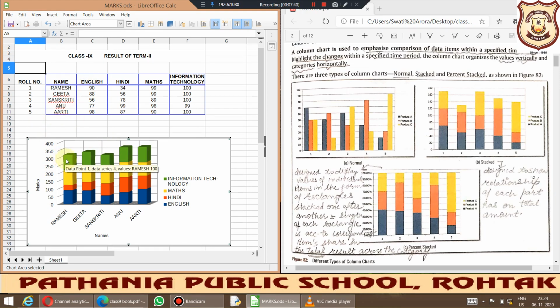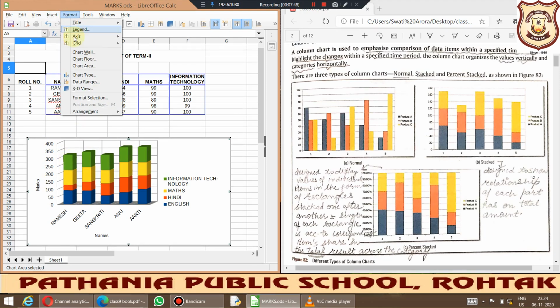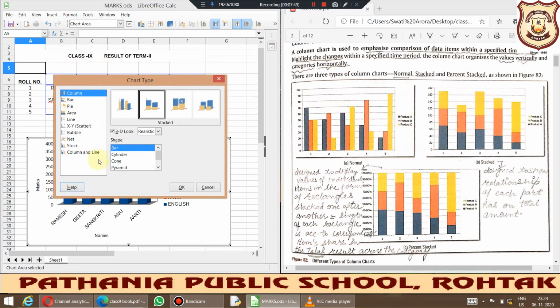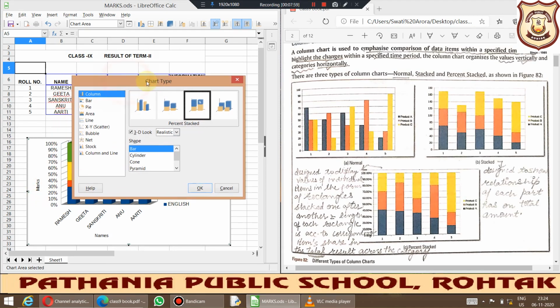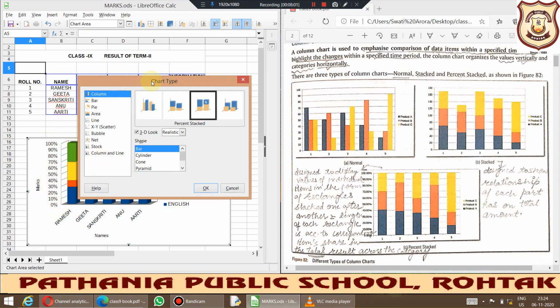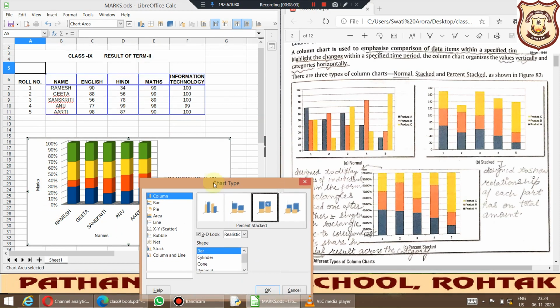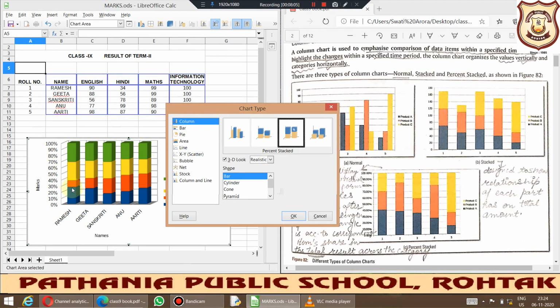So it is giving the total of all these marks here. Means the height of this particular stack will depend upon the marks one has scored. Okay, I hope it is clear to you. And similarly, we can go in format tab also. Again, we'll click on the chart type. Okay, then you can change the percent stacked. Okay, so you can see it has been converted into percentage only. Rest of the things are same as it was previous, but it is stacked, and the height of these have been improved because it has to show among 100 how much in one subject one has scored.